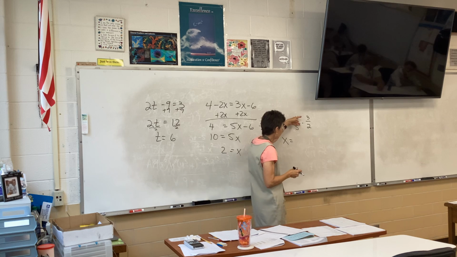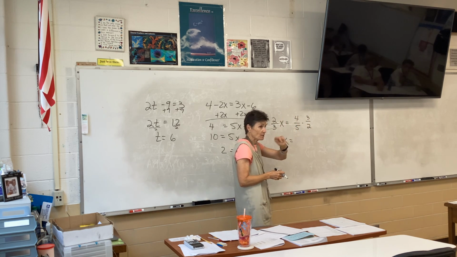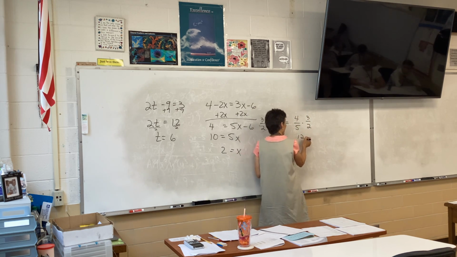Now, we multiply straight across, if you want, that's one way to do it. So we get 12 over 10,